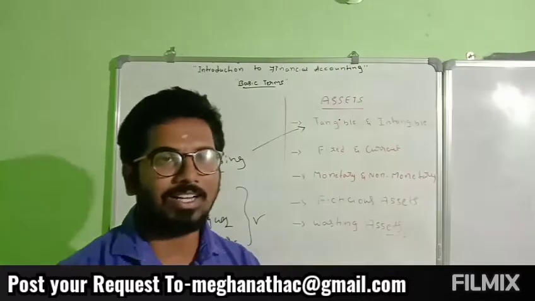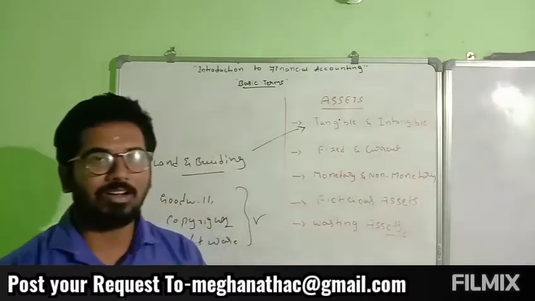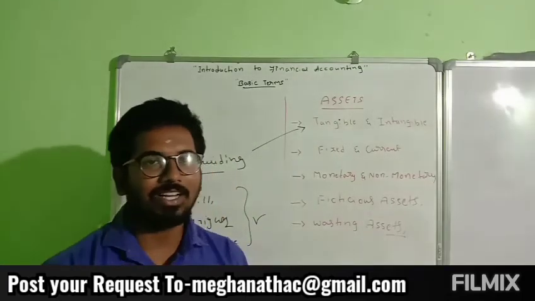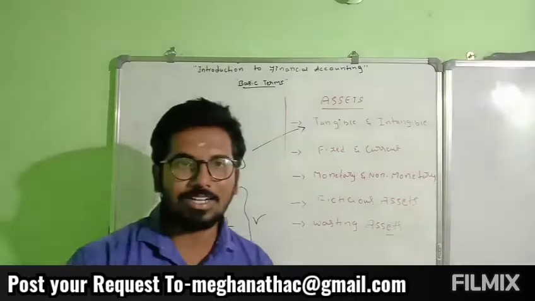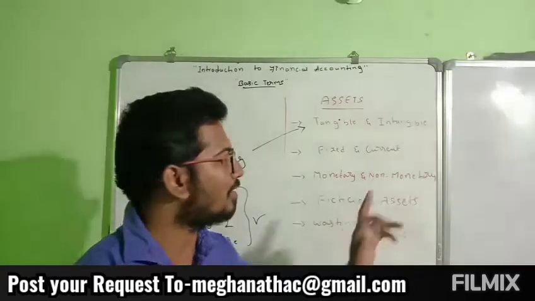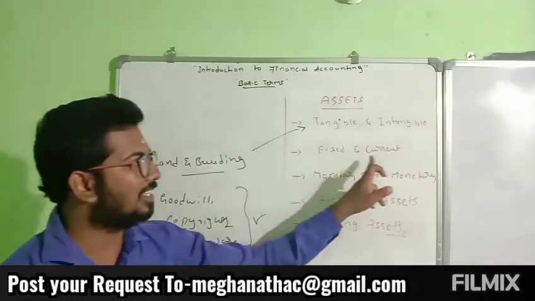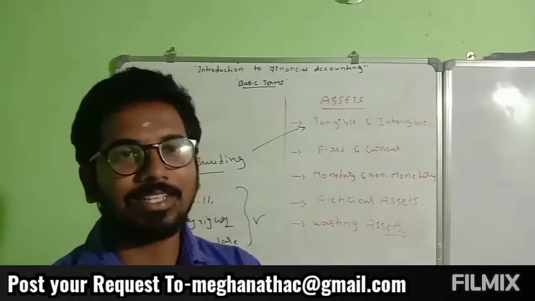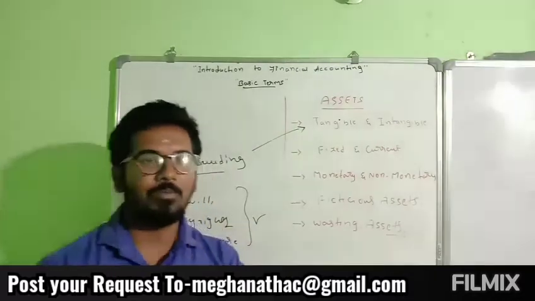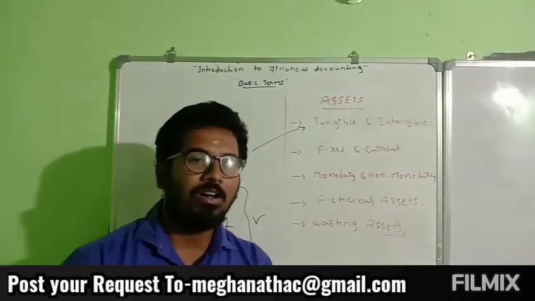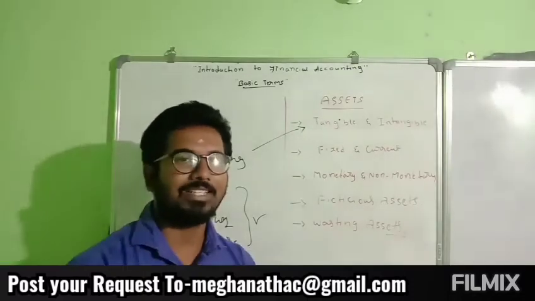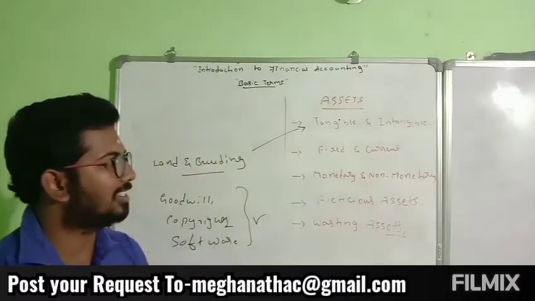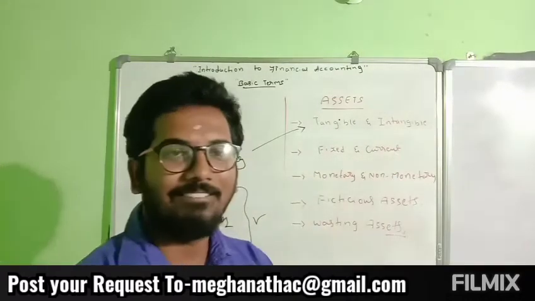Current assets. Current assets have a very short period of time and can be realized within a year. They are called current assets. Example, debtors, stock. You can take these as examples of current assets. That is what we call fixed and current assets. Fixed assets refers to assets which will be realized in more than a year. That means the asset is going to continue over a financial year. That means the asset's lifespan will be long term in nature. Those kinds of things we call fixed assets. The assets realized within a year